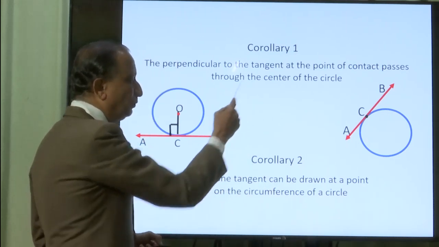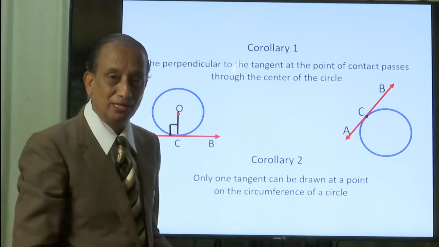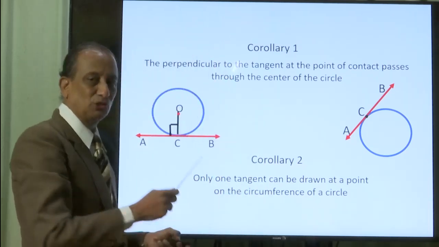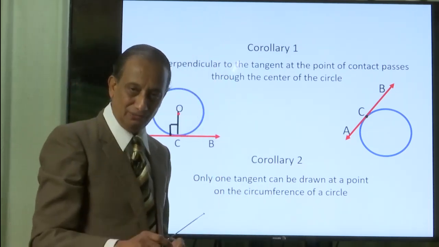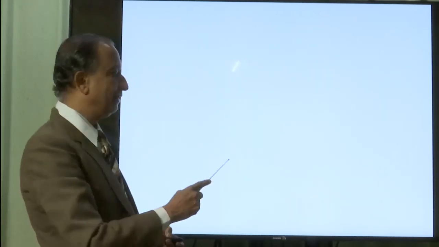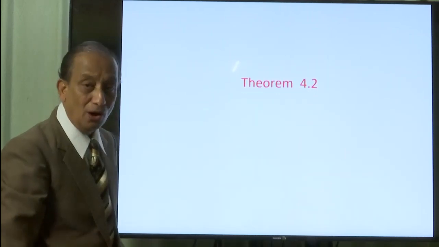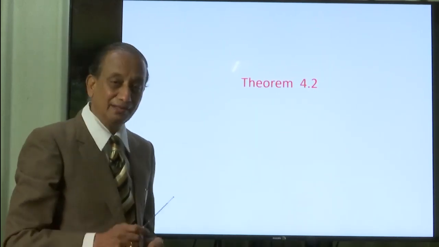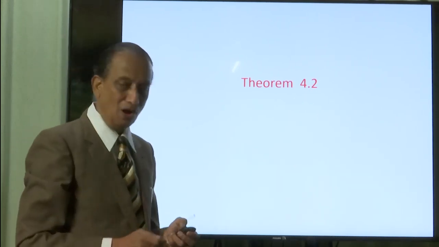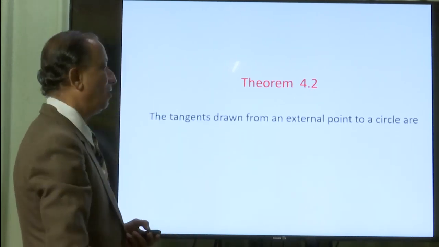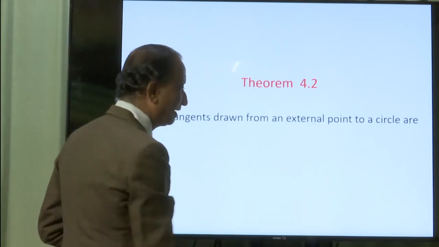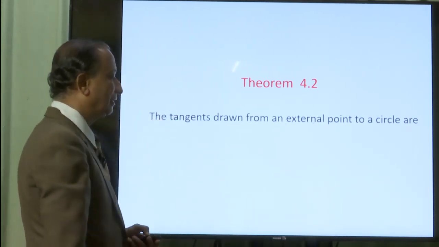So these are the two corollaries which will help us to solve many problems. So we have understood 4.1, its converse, and along with that two corollaries. With this we have completed 4.1. Now let us go to another very small theorem, a very fundamental theorem on the tangents to a circle. The tangents drawn from an external point to a circle